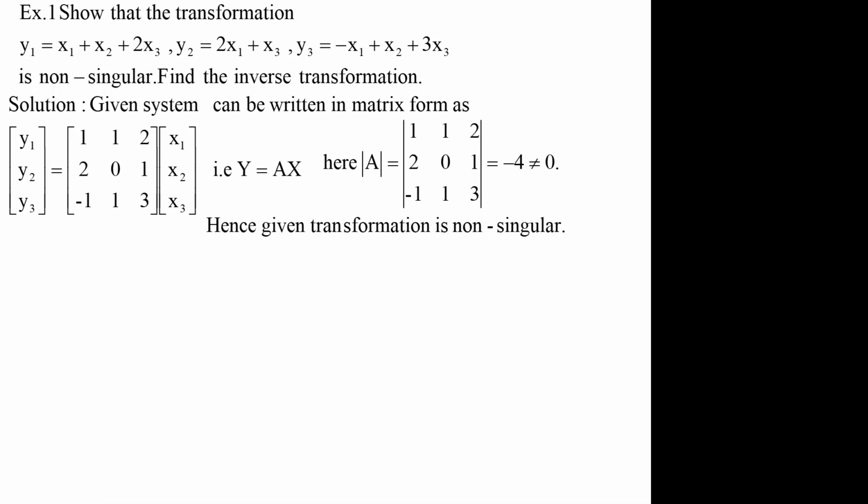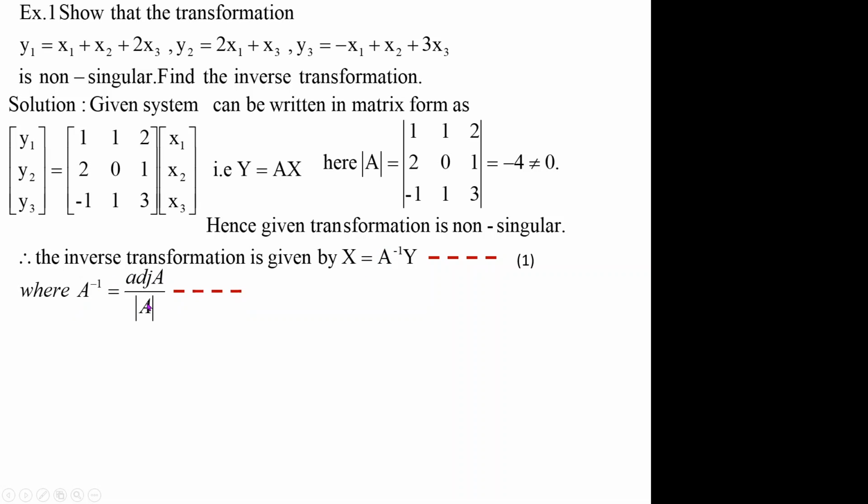As it is non-singular, the inverse transformation exists. Let us find the inverse transformation. It is given by the formula x is equal to A inverse y. X is equal to A inverse y is the inverse transformation, where I have to find out A inverse. So let us find A inverse by the adjoint method. Now here A is a 3 by 3 matrix, so we need to first find out the adjoint of this